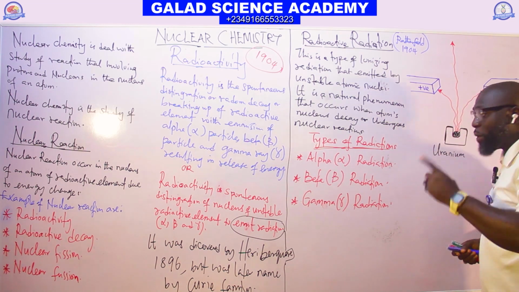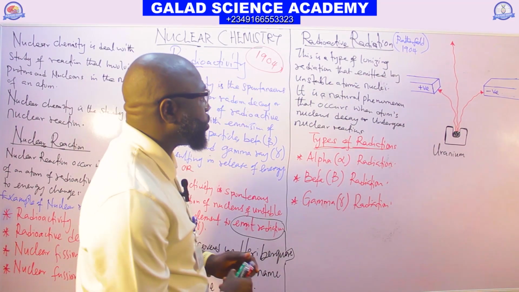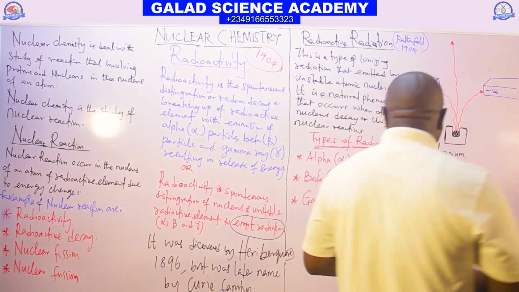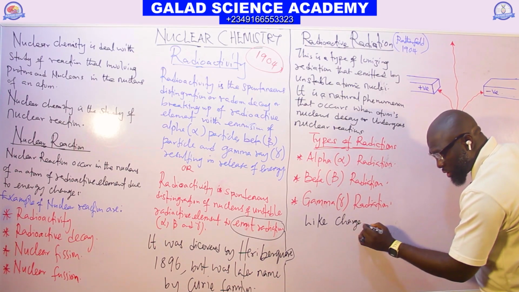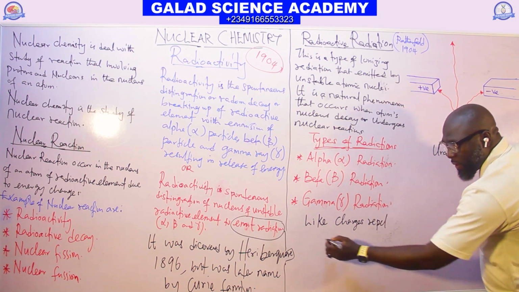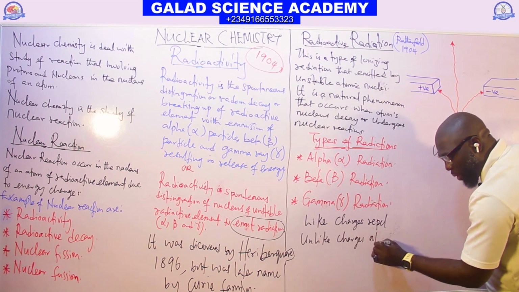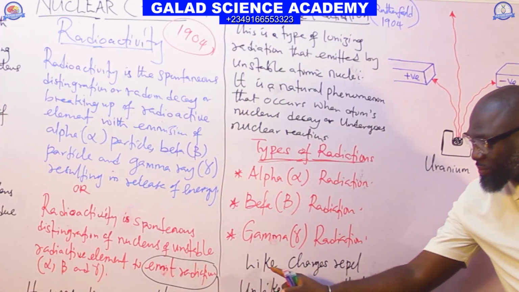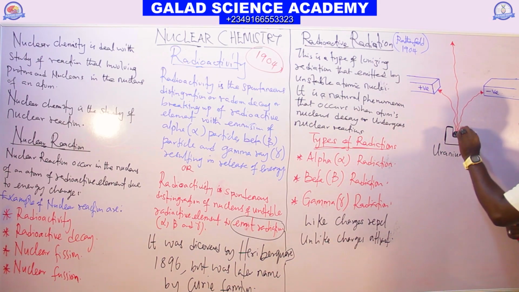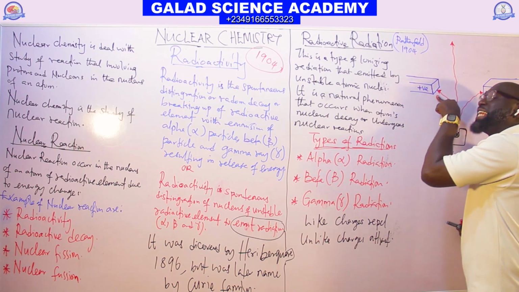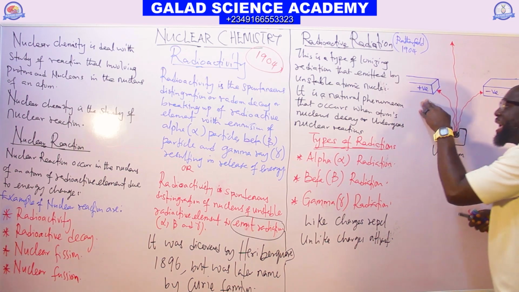And if you still remember from the law of electrostatics in physics, we say that like charges repel, unlike charges attract. Remember the rules? Like charges repel, but unlike charges attract. For this radiation to move toward the positive magnetic bar, definitely,